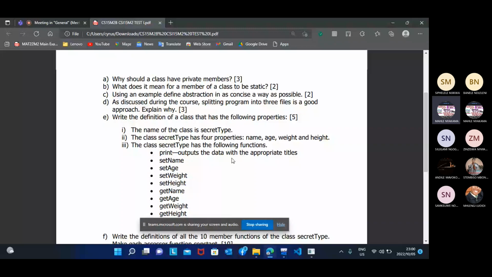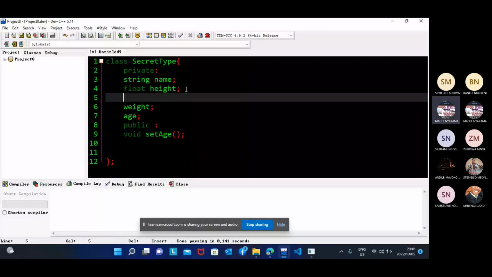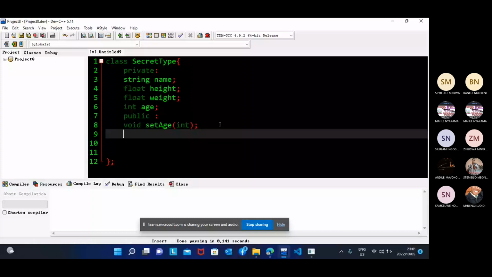So the weight can be float, because most of the time they get decimal weight. Even the height can be float. So when I use float for these, then the age is an integer. Then, again with void, there's a new function that comes. You see,